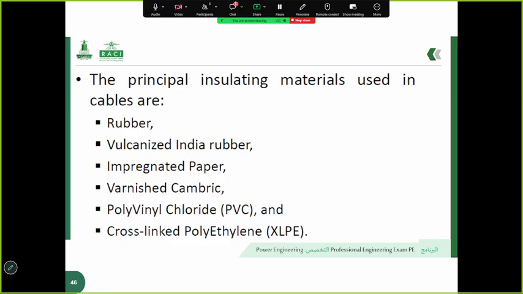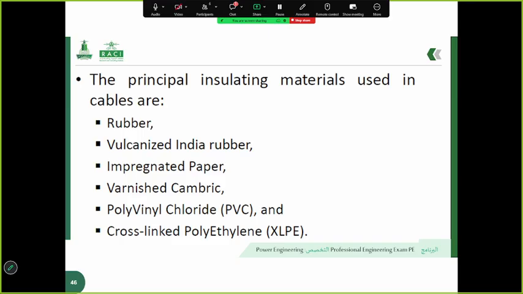So based on this slide, we will discuss the principal insulating materials used in the construction of cables. The selection of material is a critical engineering decision as it must provide the required electrical and physical properties for specific applications. Some of the most common materials used include traditional options like rubber and vulcanized India rubber, which were popular for their flexibility, and